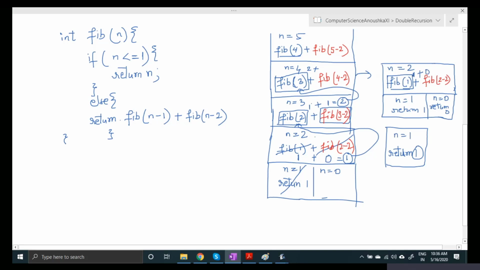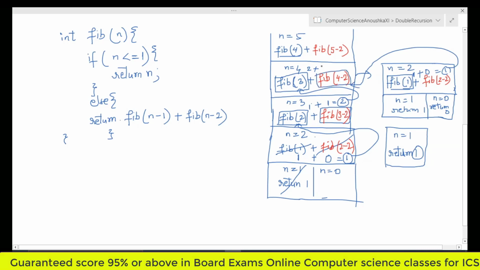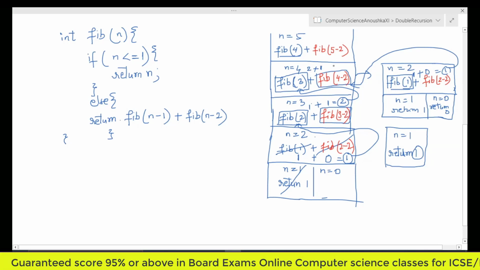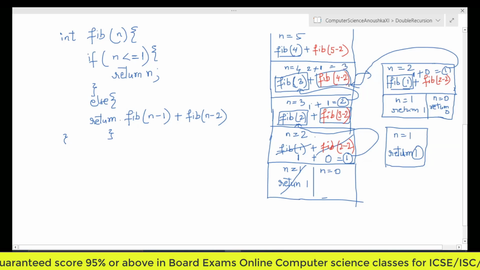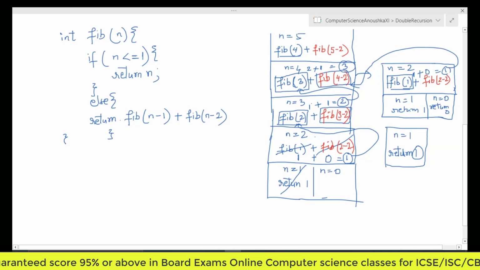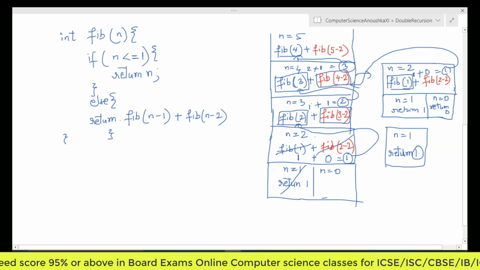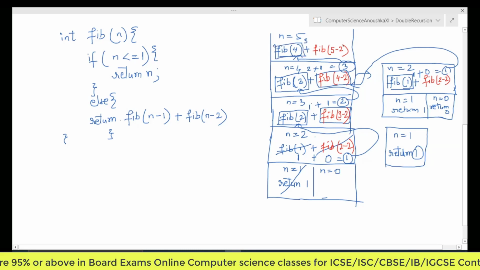So 1 plus 0 is 1, and this 1 will be returned to this call. So the value will become 2 plus 1, which is equal to 3. Now this 3 will be returned to this call, so instead of this, 3 is there.